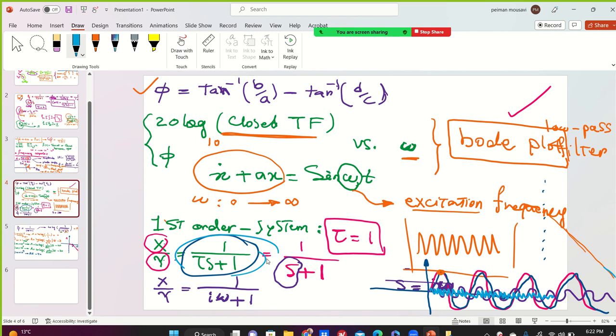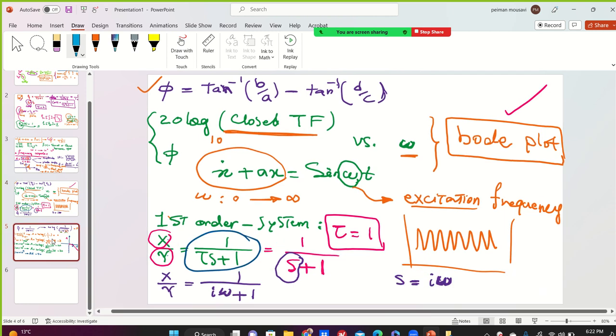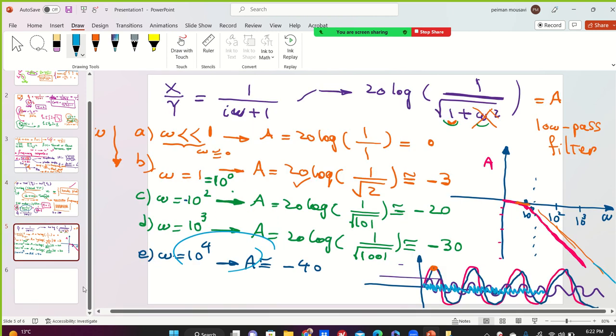Understand? Yes? Yeah, low pass filter. This closed transfer function is a low pass filter. And I'm going to plot it in MATLAB eventually. But first I have to finish the phase angle next class. Okay? Understand? Any questions? Okay, first I want to make sure that